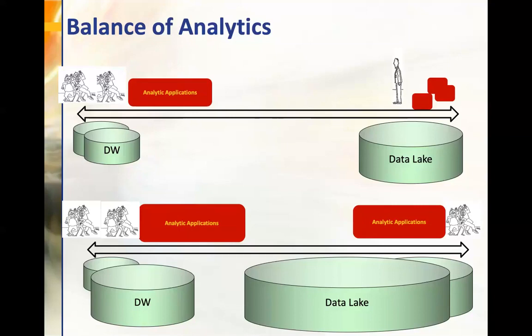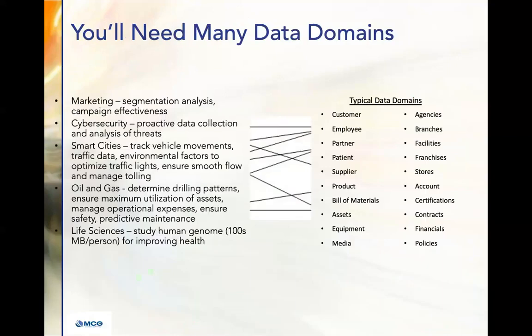We need this data for upgrading our applications to machine learning. We need all this data. And we need all these domains. You'll need many data domains, and you need them mastered. I'll talk about mastery in just a minute here, but these are some more example machine learning applications in marketing, cybersecurity, smart cities, etc. And what I have over here on the right are some data domains.